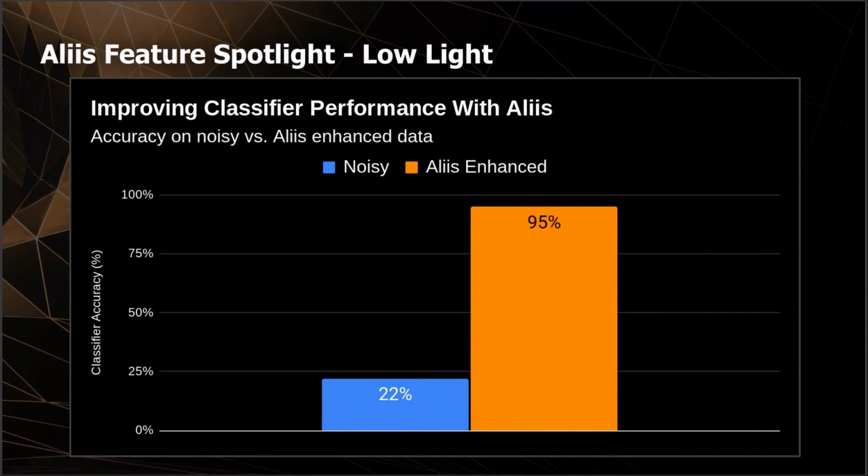As a more concrete example, here's an experiment we ran showing a 400% increase in classifier performance. This is a real commercial classifier. People pay good money to this Bay Area company to use it, and through this chart, we show how noise hinders its performance and displays how ALIIS can boost it. Now that you've been introduced to our technology, let's take a look at an ALIIS low-light demo running on ARM.